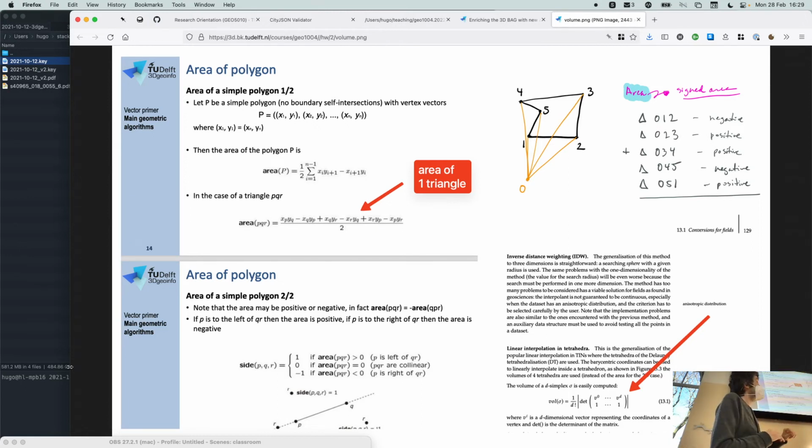I didn't speak to Giorgio, but these are the slides of Giorgio. And for the area of a triangle or even a polygon, you had a formula like that, but I don't know if he explained to you where that formula came from. So if you want to calculate, let's say the, I will draw. I learned it once in my life like that, and you will remember it for the rest of your life.